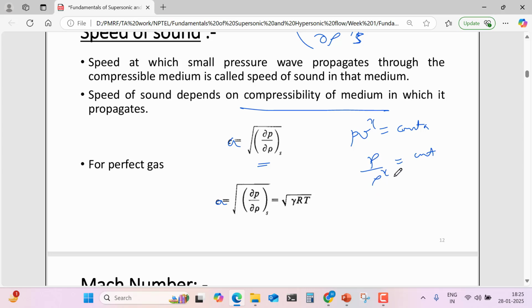So by using this you can find the dou p by dou rho. It can be dou p by dou rho, 1 upon rho^gamma, minus gamma upon rho^(gamma+1)